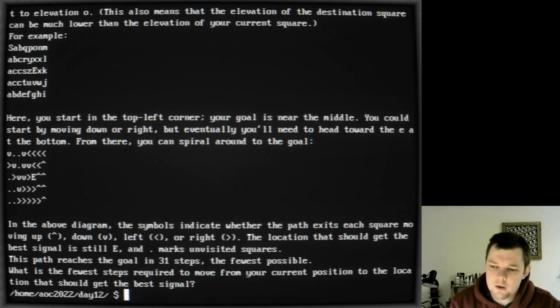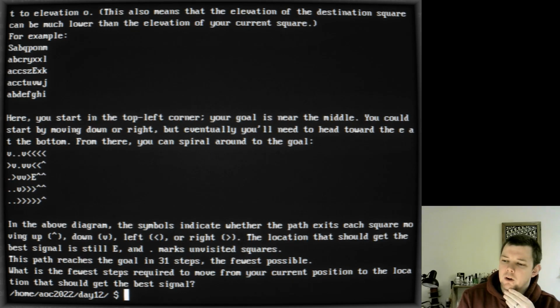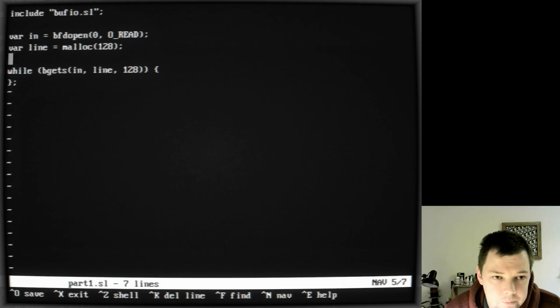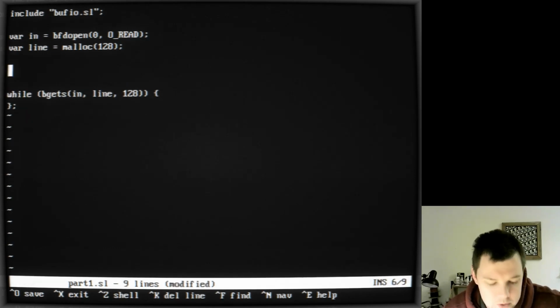I'm trying to remember how I normally do a queue. Oh, how have I done this before? I must have done this loads of times. I remember I wrote a heap implementation for a priority queue. Maybe I just use that. So, we want to have